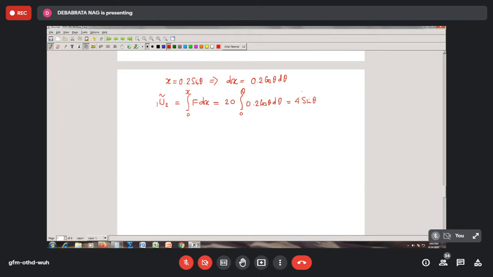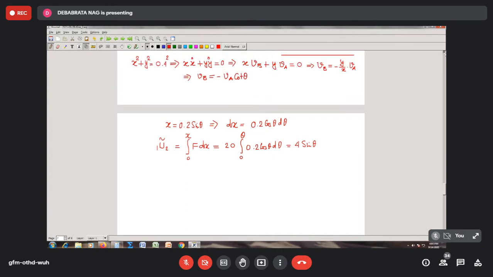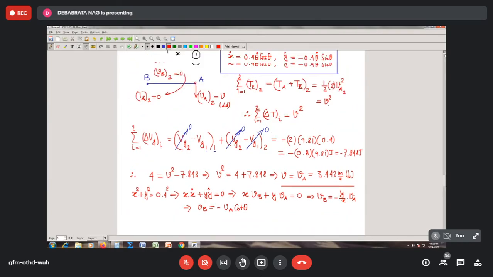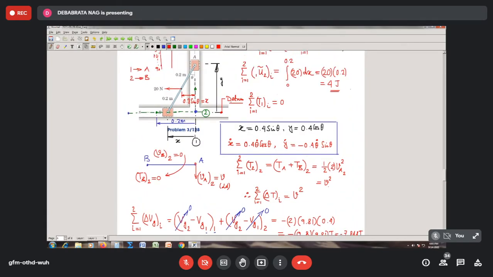So you see your work done becomes 4 sin theta. So that is your work done by the constant force, right? Or you could have done it this way, since this x turns out to be 0.2 sin theta, 20 multiplied by 0.2, because this is constant. But still I show the integration process to keep in your mind